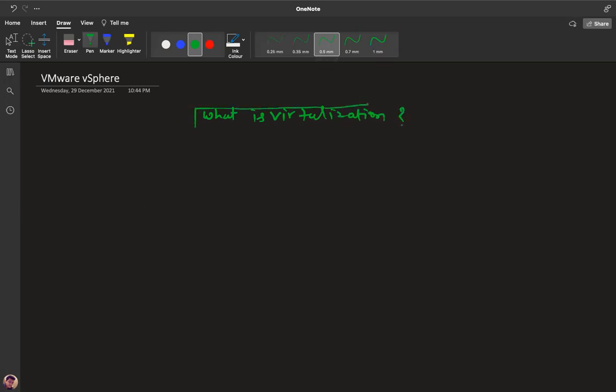As the name suggests, what do you think about virtualization? In a single word, what can we say about virtualization? It's not a physical server. Like there will be no physical devices. Yeah, that's what I know. Like we will make something like a physical server; we are making a virtual server.